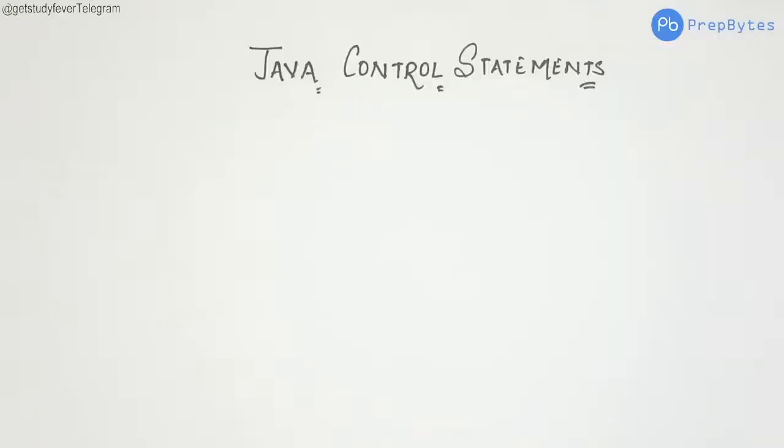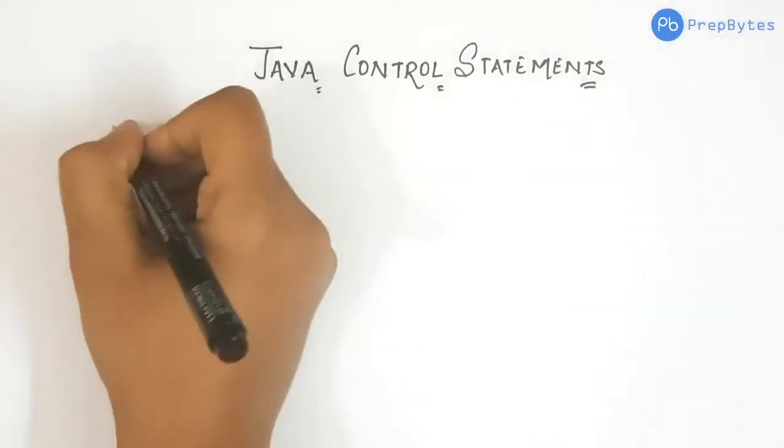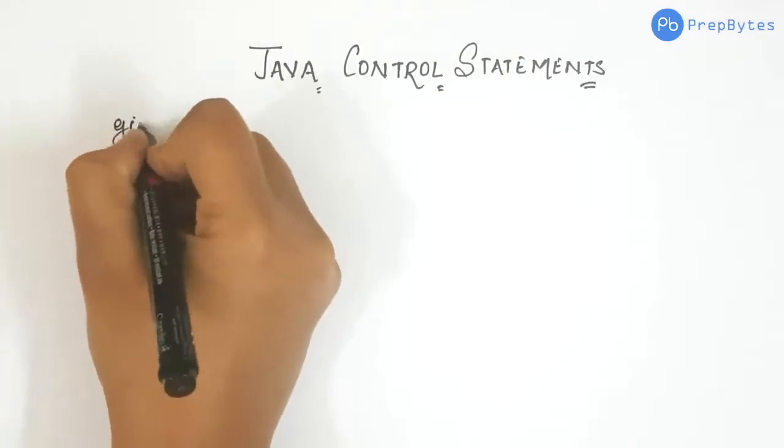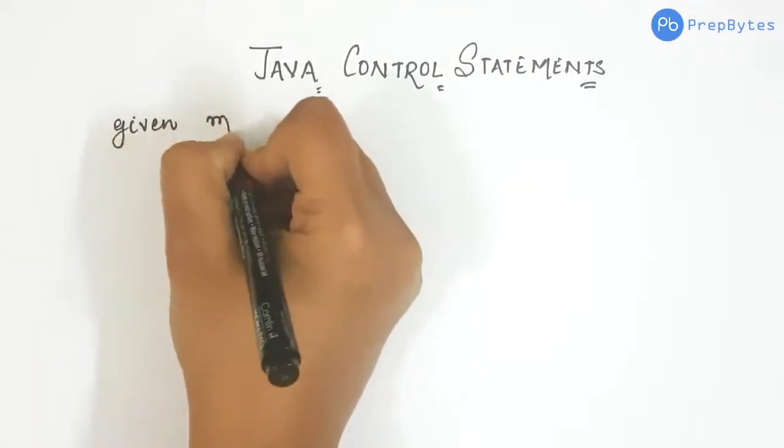In this session, we are going to talk about Java control statements. To understand the use case of Java control statements, I will give you an example. Let's say you have to write a code in which, given the marks of a particular student,